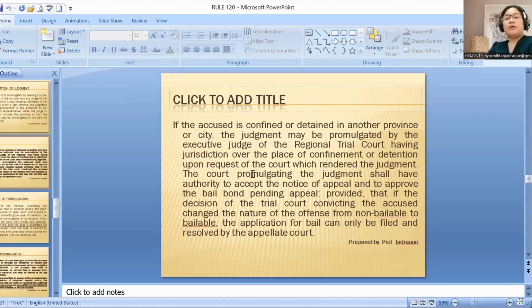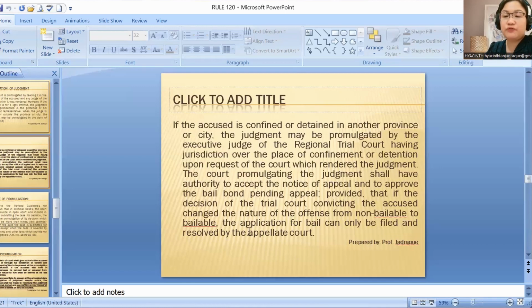So the court promulgating the judgment shall have authority to accept the notice of appeal and to approve bail bond pending appeal, provided that if the decision of the trial court convicting the accused changes the nature of the offense from non-bailable to bailable, the application for bail can only be filed and resolved by the appellate court. In other words,